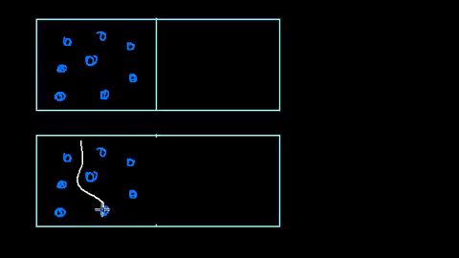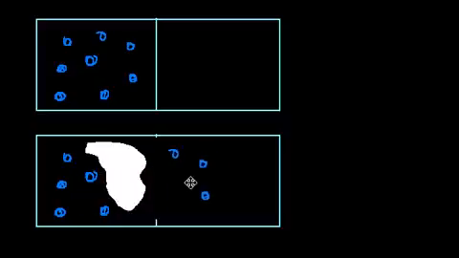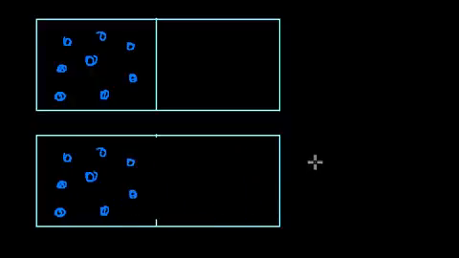Let me see if I can select some. I could select these particles, and I could move them there. So we'll have a more even, that's not a good way to do it. Let me just redraw. It said 8 particles. Let me erase what I have. I'll make it with a more even distribution. So then, once I blow away the wall, I might have 1, 2, 3, 4, 5, 6, 7, 8.